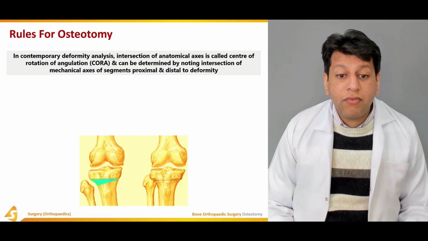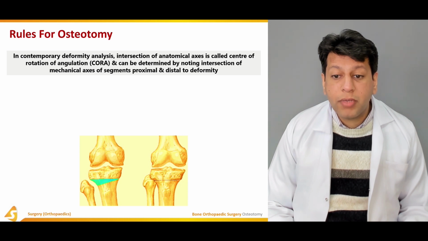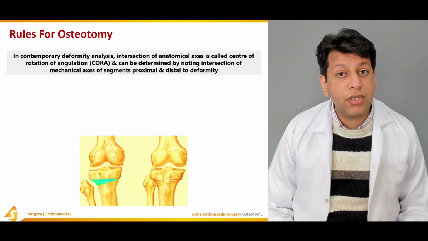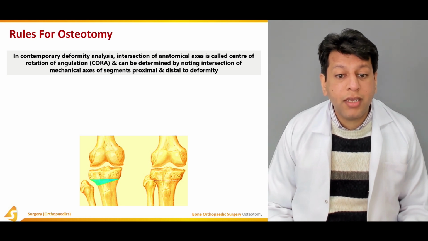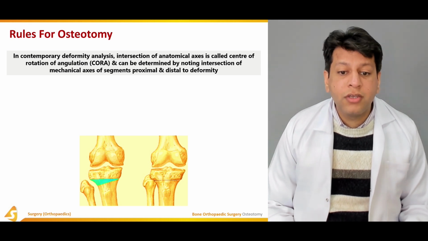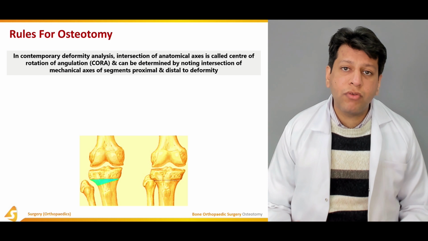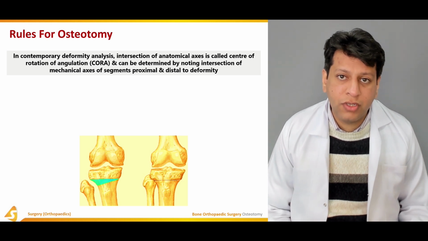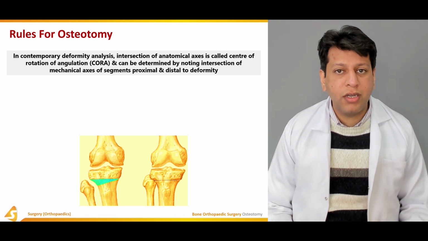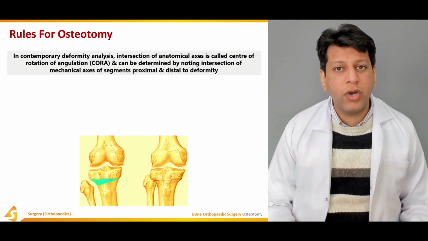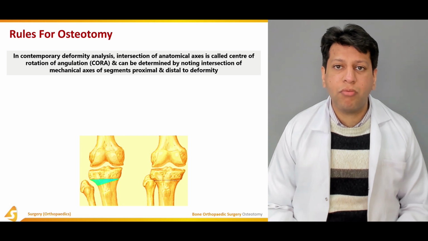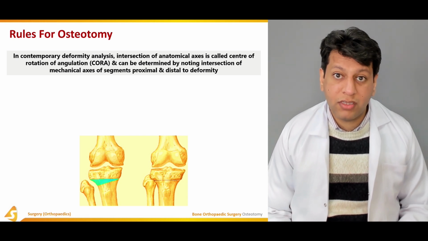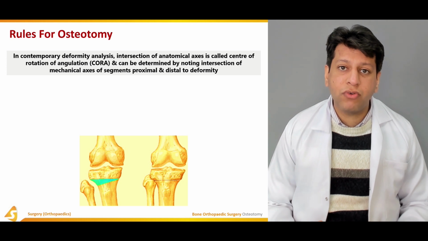In contemporary deformity analysis, the intersection of the anatomical axes is called the center of rotation of angulation, and can be determined by noting the intersection of the mechanical axes of the segments proximal and distal to the deformity. So we have to calculate the CORA before we proceed to deformity correction. For example, if the bone has one deformity and has two ends, one end would have a different axis, and the distal end would have a different axis. We have to calculate how much the CORA is between them,